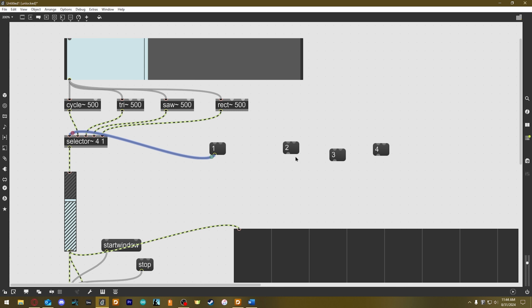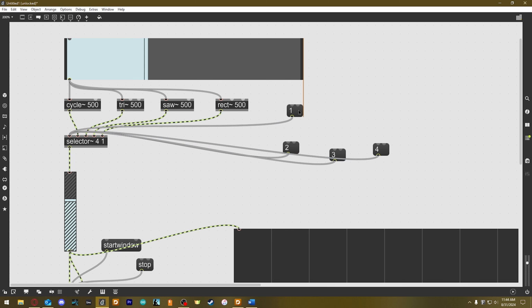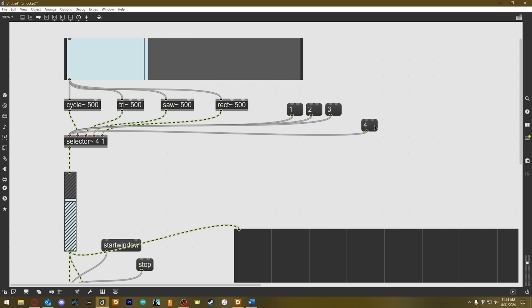And we're going to connect all of these into that very first inlet. So the very first inlet of the selector object will tell us which of the remaining inlets we are going to use. So I'm just going to make this slightly easier to read. Right there. And if we lock this patch, now we can toggle between each of these 4 inlets. And I made sure to move the slider so that the value is here on each of these message